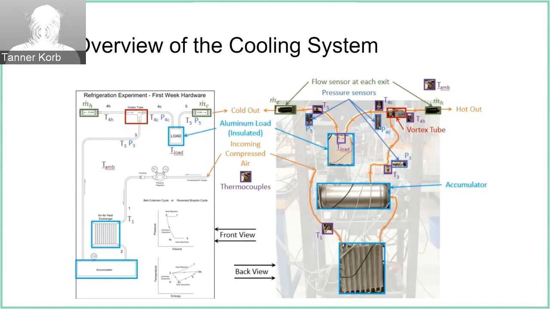Station 4 on the hot side is where hot air is leaving the system. Station 4 on the cold side is where cold air is about to enter the load. We've taken a temperature measurement at both the hot and cold side of Station 4. A temperature reading was also taken at the load and at Station 5 where cold air is about to vent